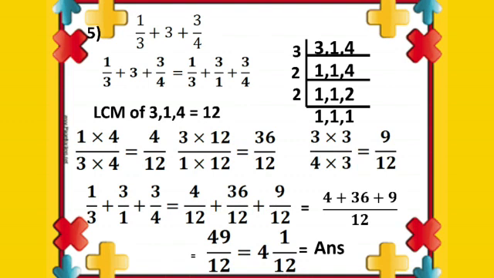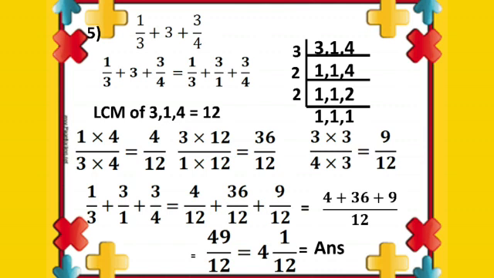So how do you convert that into a fraction? You divide that number by 1, which is 3 divided by 1 is 3. So you will write the fraction as 3 by 1. So 1 by 3 plus 3 by 4 is replaced as 1 by 3 plus 3 by 1 plus 3 by 4. Here, as the denominators are different, you find the LCM for 3, 1 and 4.